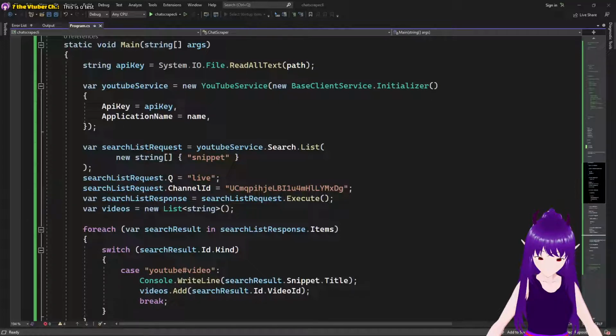Location. The API allows you to do some really funky searches that you can't. Safe search, topic ID, type. Okay, so